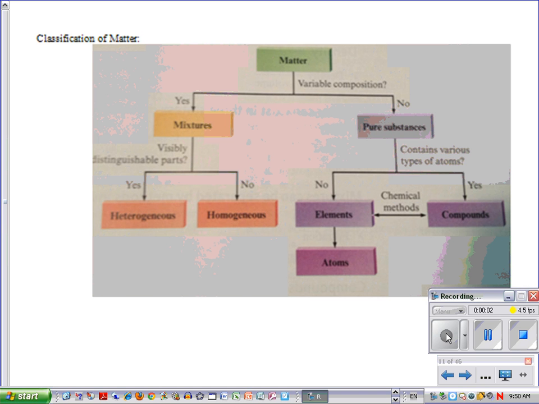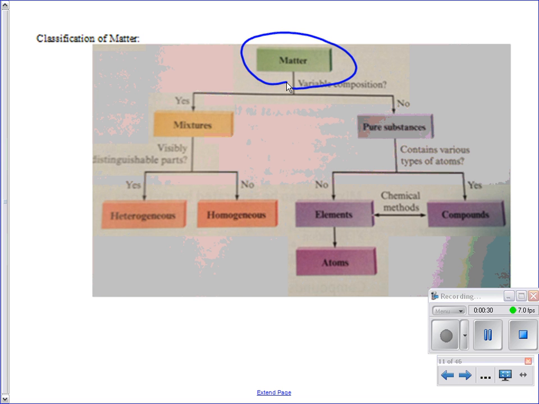Okay, so today we're looking at classification of matter. This is back to Chem 1. Good news is I'm not going to give you a lot of crazy examples of real life stuff like Rocky Road ice cream and pond water and all those things that sometimes could be one or the other when you're trying to classify. I'm going to only give you good chemical examples, and we're going to use those in tests and quizzes. So matter. All matter can be split up into two types of things: mixtures and pure substances.